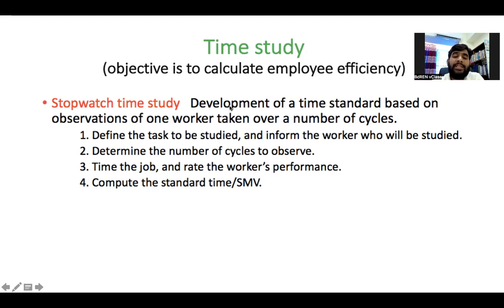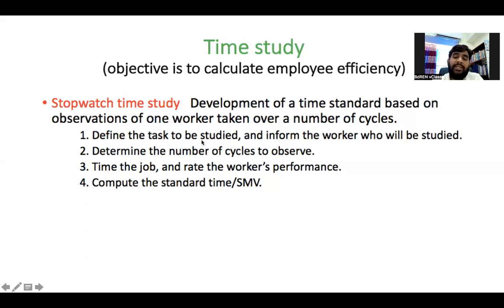So I think this sentence is clear. Development of a time standard. What is the standard time to produce or finish a product? Based on observations, so first time, second time, third time of one worker. Why do you take one worker? Because it will help you to know the standard. One worker taken over a number of cycles, so first cycle, second cycle, third cycle. The number of cycles and number of observations is the same. How many times you count, and then you calculate the average. It is known as the